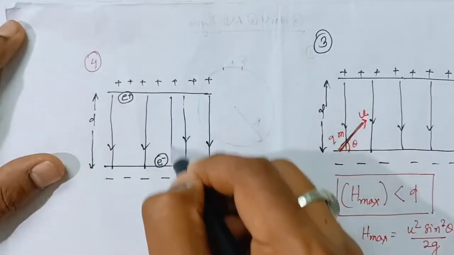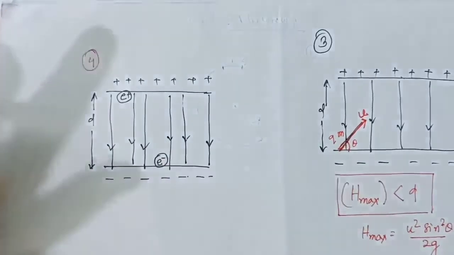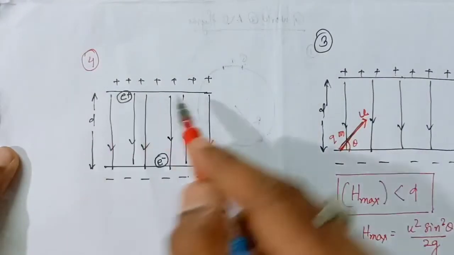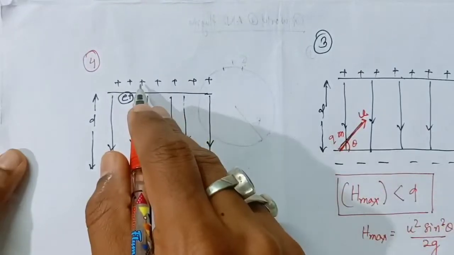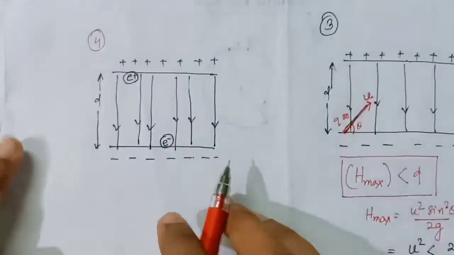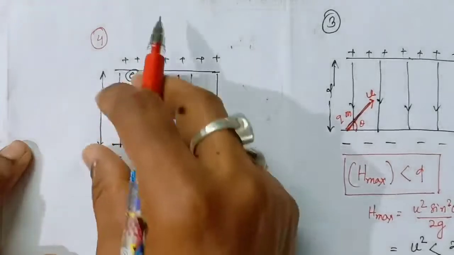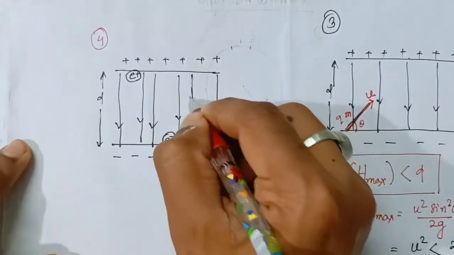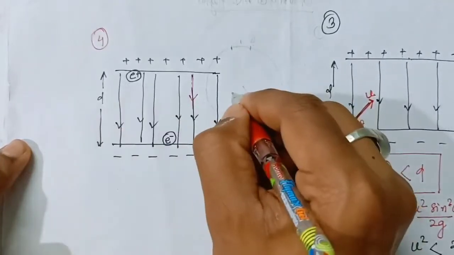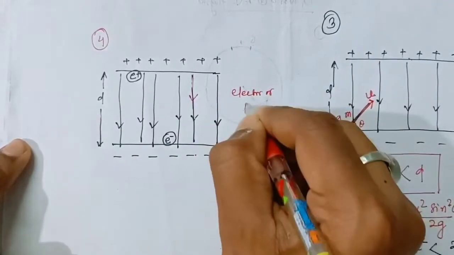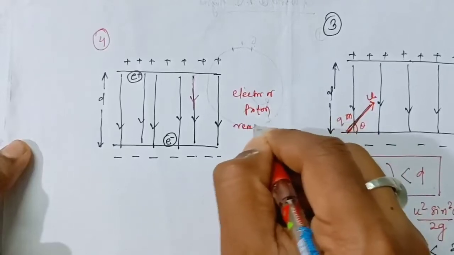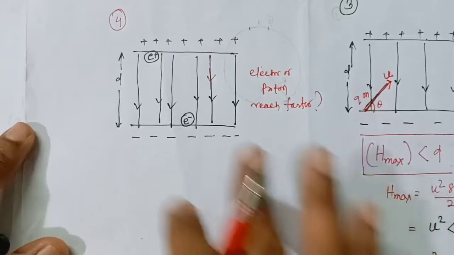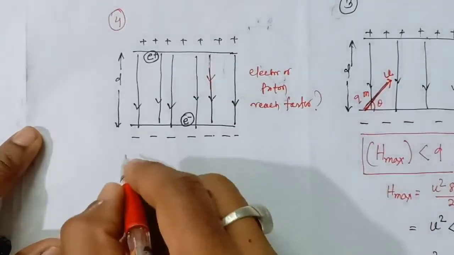And what I did, I released the electron and the proton. The question will ask you which one will reach the other end of the plate faster. If you observe these questions very carefully, which one will reach faster, electron or proton? If this kind of question is framed,